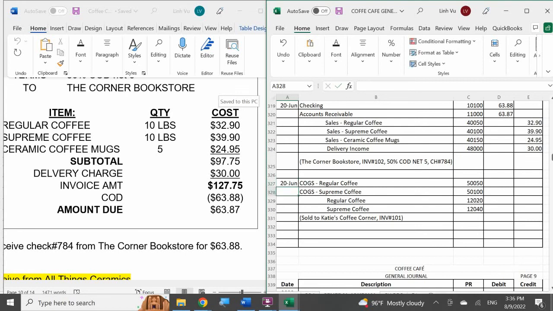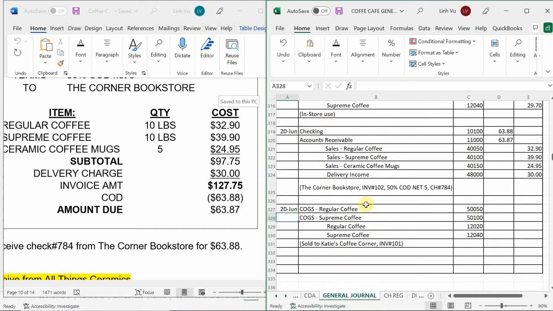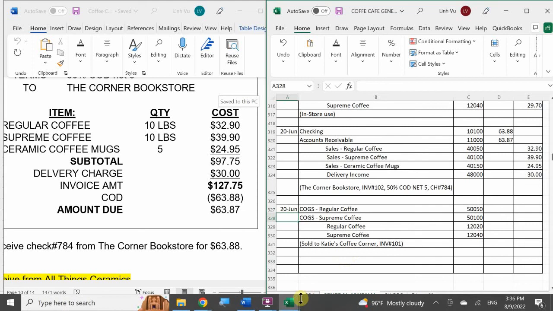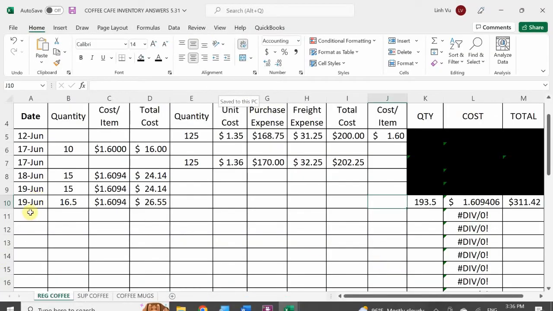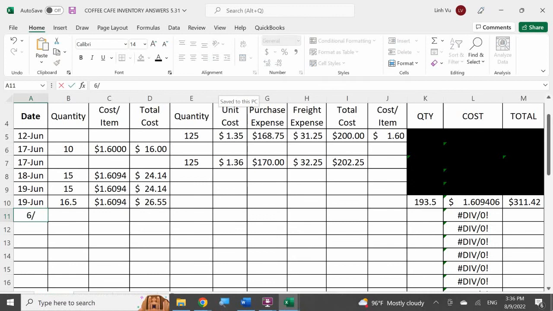So therefore, let's go ahead and complete the update inventory for selling coffee to the corner bookstore. So in this case, we sold 10 pounds of the regular coffee and 10 pounds of the Supreme coffee. So inventory worksheet. Okay. Here we are on regular coffee. Today is the 20th. We sold 10 pounds at